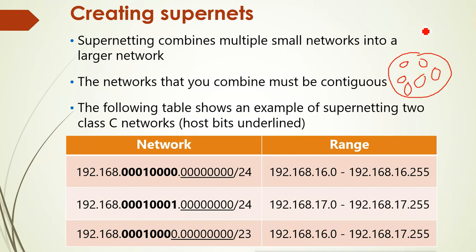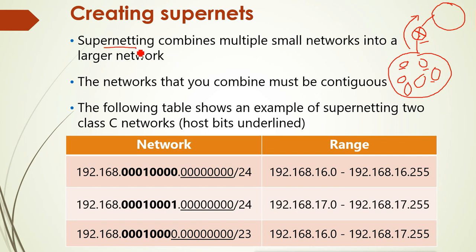Now when we have a router here which is connecting our area to the internet or other areas, the routing table which our router will send will become a big routing table. That means all the network information will be there in the routing table, and this router will send that routing table to other areas or all the internet. Now that routing table becomes big, and we want to reduce the routing table, then we use this supernetting.